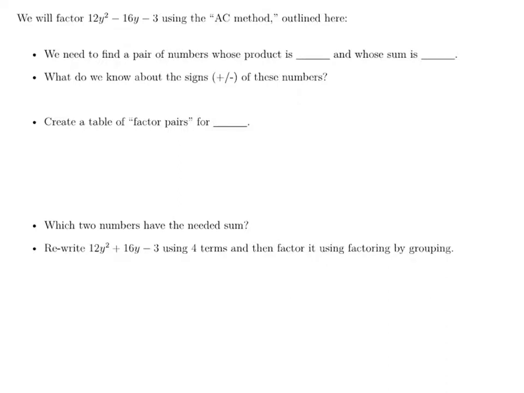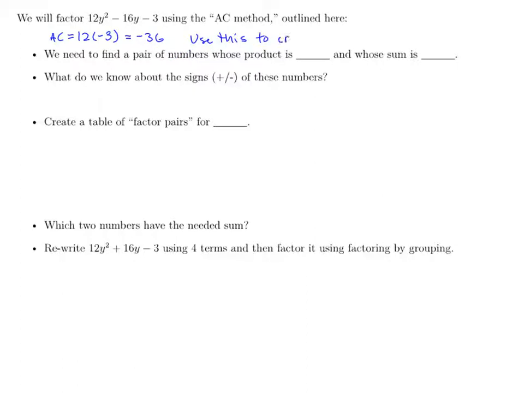In this video, we're going to factor the polynomial 12y squared minus 16y minus 3 using the AC method, and we'll do so by using a series of outlined steps. The short explanation of the AC method is that we use AC, which in this case, a times c is going to be 12 times negative 3, so that a and c are the coefficients on the squared term and then the constant term. And in this case, AC is 12 times negative 3, which is going to be negative 36. And then we will use this